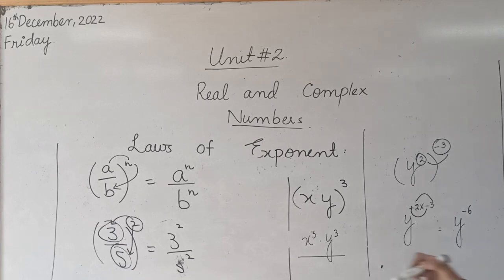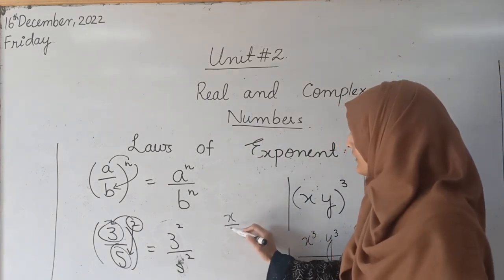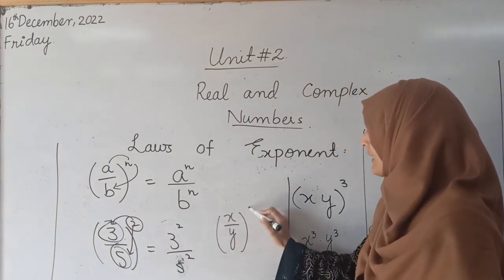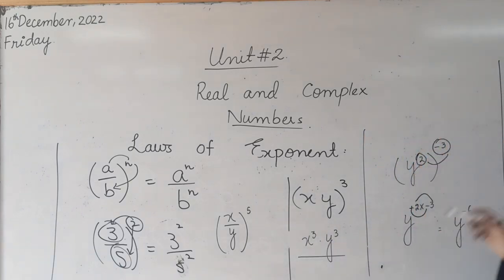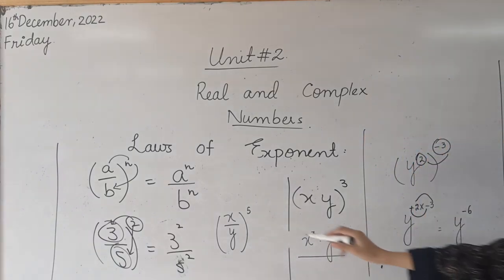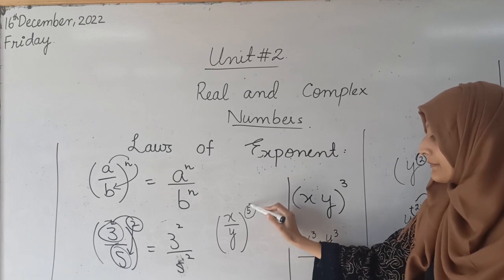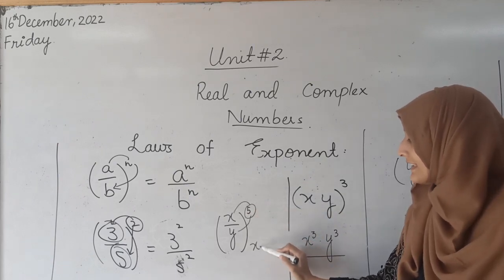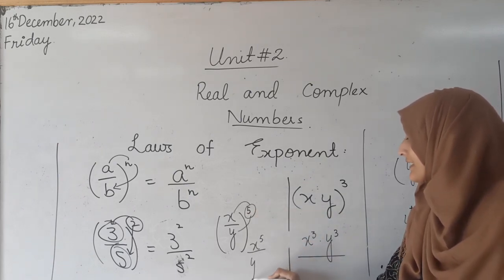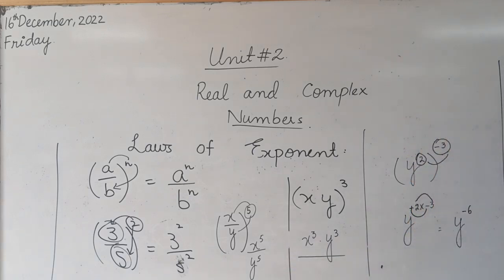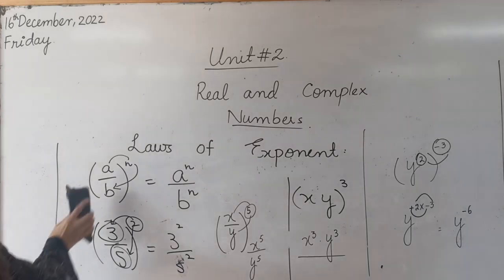In case of variables, for example, x over y raised to power 5. So this common power will apply on each base. X raised to power 5 over y raised to power 5. Is that clear? Okay. Next law of exponent is